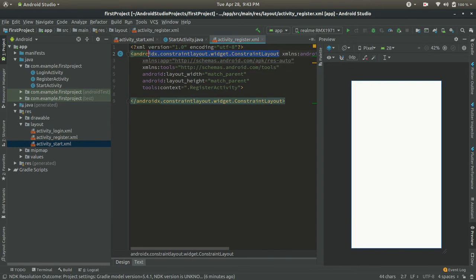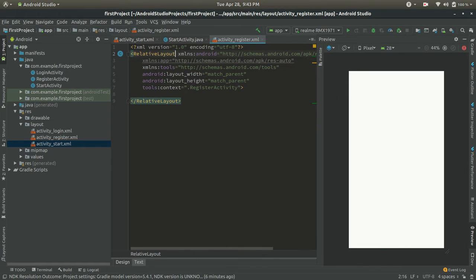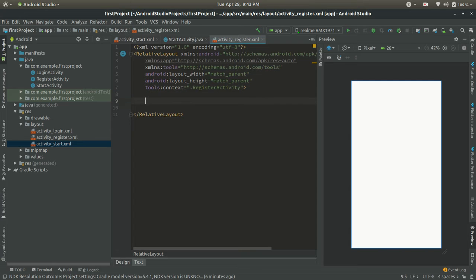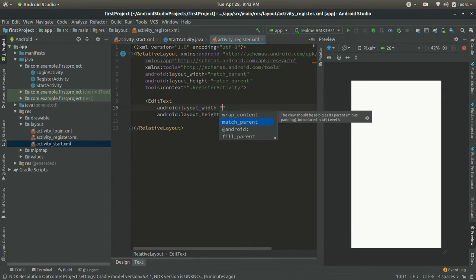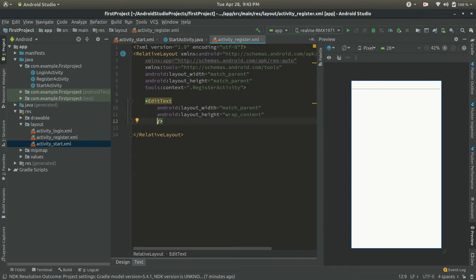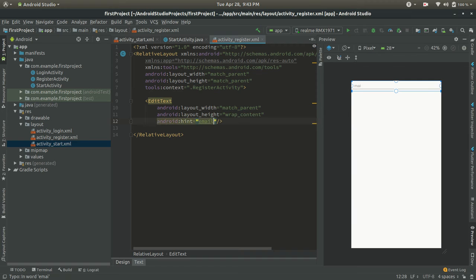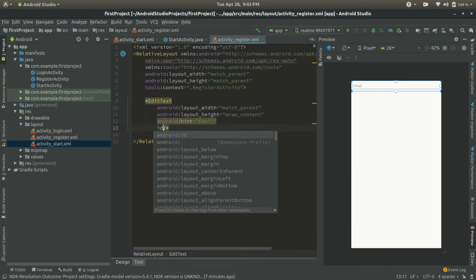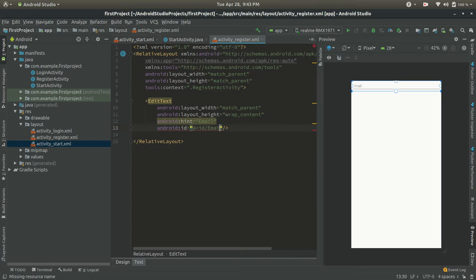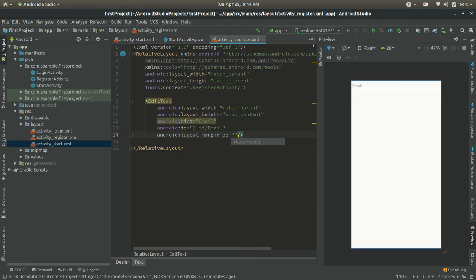We will give relative layout, and we will create two edit texts, match parent, wrap content, and the hint will be email, ID will be email, and the layout margin top is 100 dp.